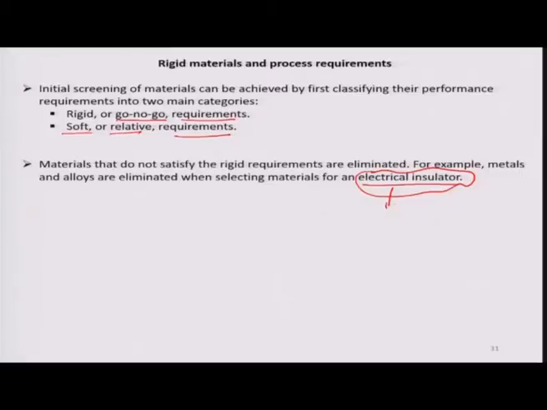Your rigid requirement is that the material be electrically non-conductive.